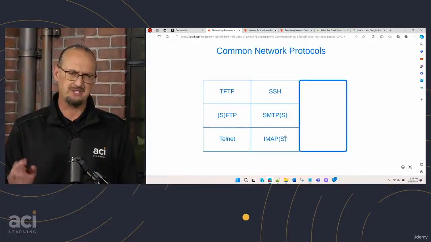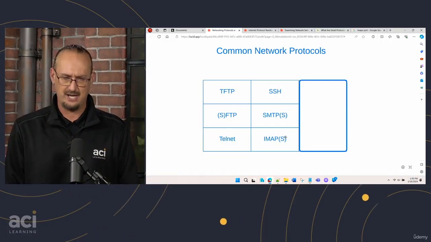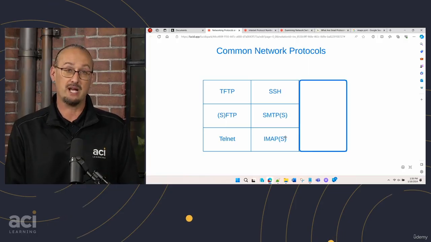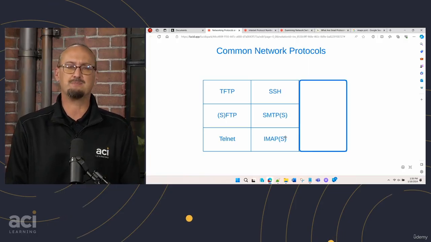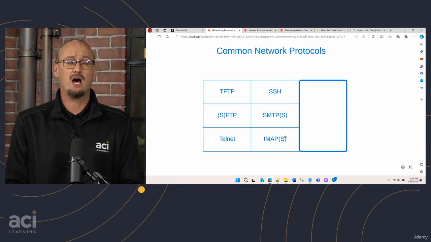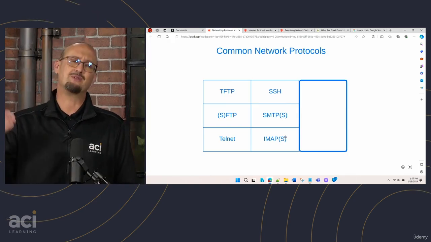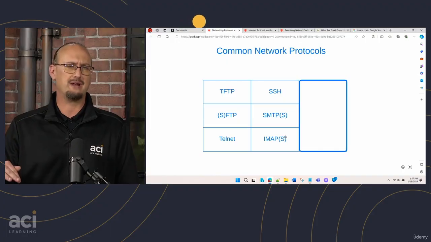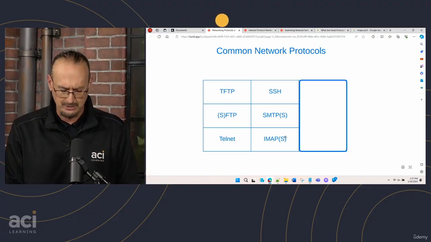Now, we've kind of already talked about this next one, right? I'm going to go ahead and just open up the whole column so we don't have to do this one by one. We've talked about SSH, right? SSH is the way today you want to make a remote connection into a connectivity device because it encrypts the communication, and then you can't have people eavesdropping on it. It helps to prevent man-in-the-middle or on-path attacks, as they sometimes call them.